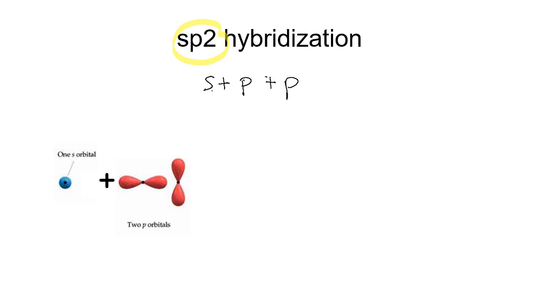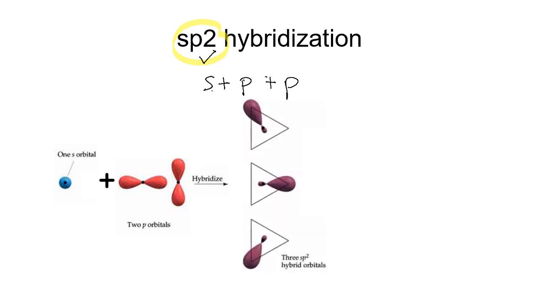Next, we look at sp2 hybrid. So, sp2 hybrid orbital, we need to form by mixing S plus P orbital and another P orbital. So, kamu akan dapat sp2 hybrid orbital. So, one S orbital mixed with one P orbital and another P orbital. Kamu akan dapat this sp2 hybrid orbital. Okay, so ini adalah dia punya new shape. Okay, kamu akan ada 3